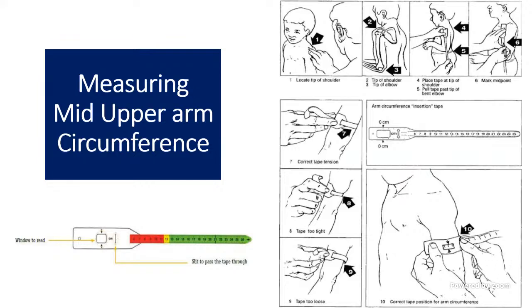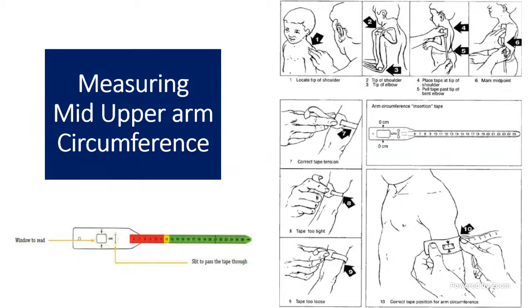And then you have to insert the tape. You would have seen this tape. See, this is a tape. You have a window, so you rotate it and put the other end through the window. And what is the centimeters? It will come in that window only. So check that number and there it is. When it is red, it is less than 11.5; when it is more than 12.5, it is green. But yellow is between 11.5 to 12.4 centimeters. Okay.